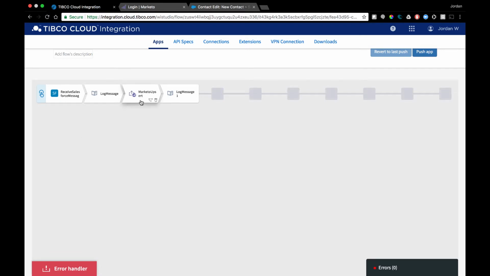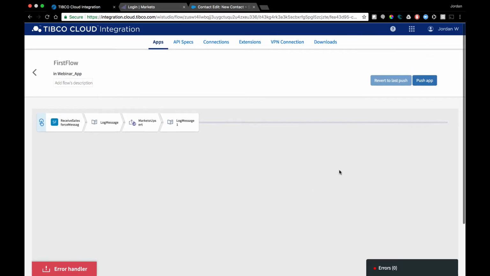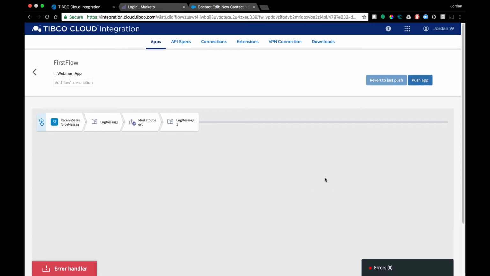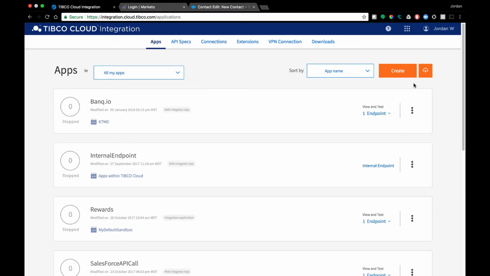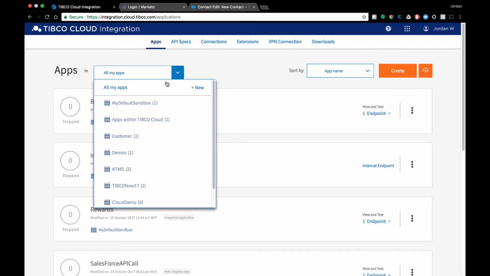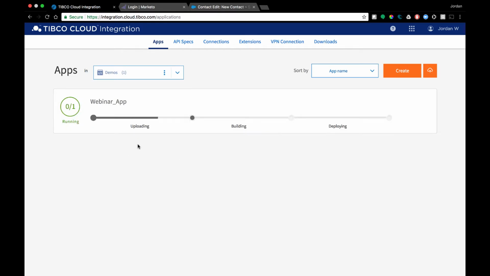Good. Now that we've completed our first flow, we now have the ability to take that information and push it. I'm now going to push this app to our live instance. So now that this app's going to be running, we're going to have the ability to see it completely working once I zoom in to our demo sandbox. And as this loads, I'll explain what we're going to do with our actual test.